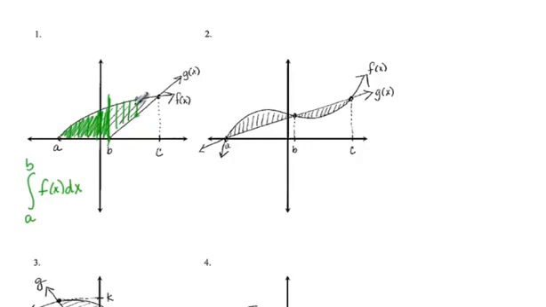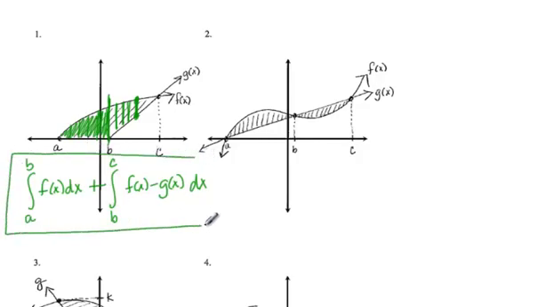To find the area between these two curves, you always take the top curve minus the bottom curve, so we're going to have f minus g. So f of x minus g of x is the length of the strip, and we're going to add an infinite number of strips together, and we're going to start at B, and we're going to go to C, and we're integrating in the x direction because we are stacking those strips together sideways. If we add those two integrals together, we'll get an expression for the total area under the curve, which is this first part plus the second part